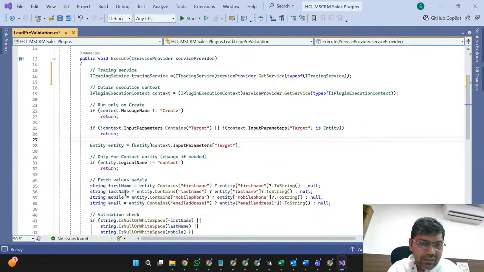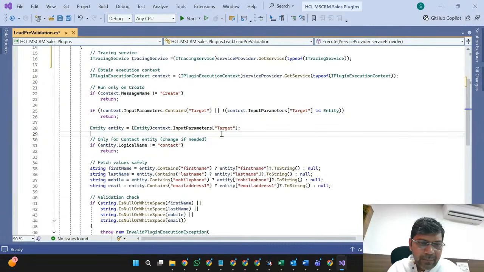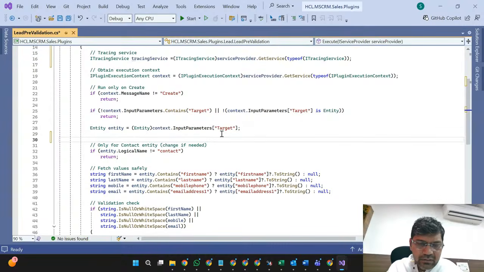Suppose we need to write something, we need to read something. So tracing.Trace, we can even write that into the entity logic. It will store that information. This is the static value here, and we can even write that information ToString.